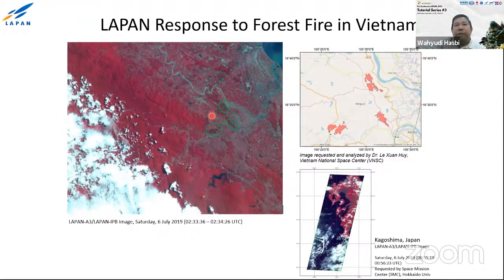A big forest fire happened in Vietnam, and we took the image on 6th July in 2019, and we can see here there are 3 locations with very big forest fires in this area. You can see here when they use this data and make the map out of it. And also we